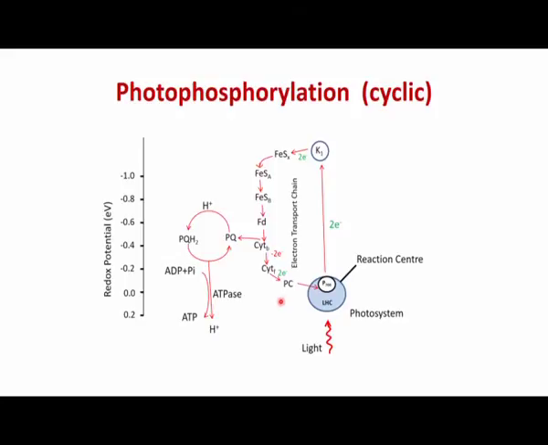So, as a result, what you can see is that this is a kind of compromised photophosphorylation, where the ATP is not being produced in large quantities, but this is a kind of survival mechanism under the condition where the light intensity is very low and photosynthesis has to take place, so that the plant could produce a very small amount of food and survive in that kind